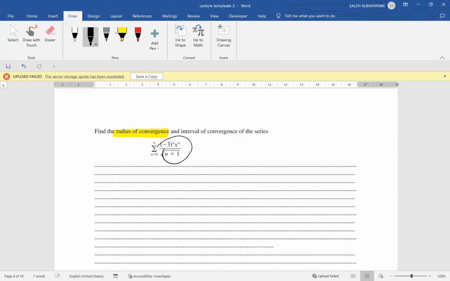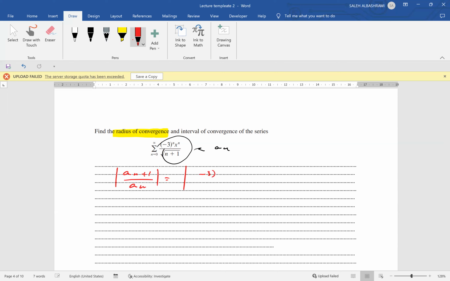So this is an, and if we apply the ratio test, which is the absolute value of an plus 1 divided by an, it is equal to